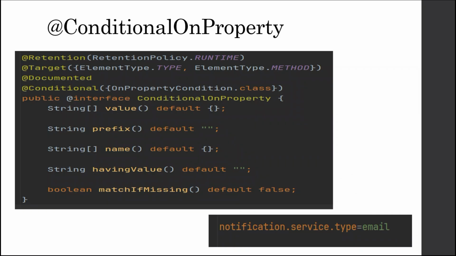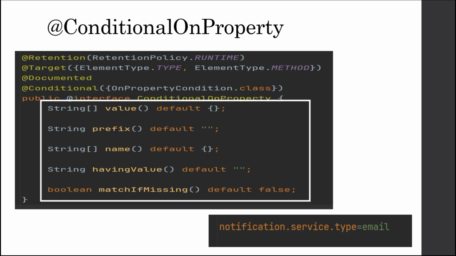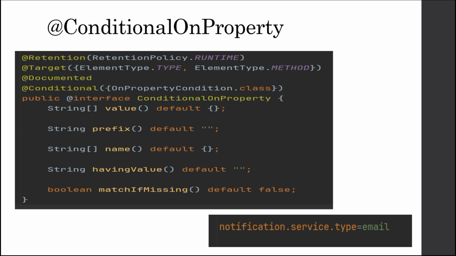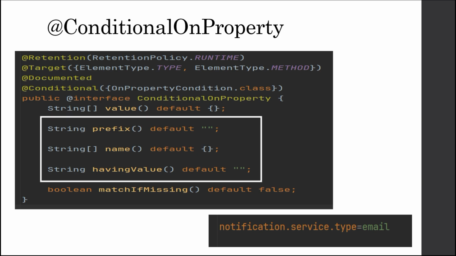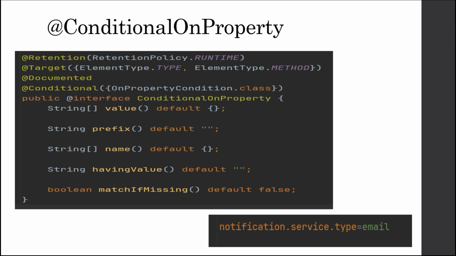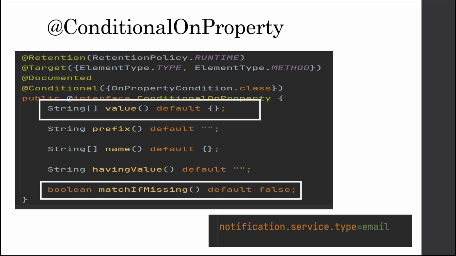Let's learn more about the @ConditionalOnProperty annotation. This annotation can be used on classes as well as methods. This annotation has 5 attributes, which are value, prefix, name, havingValue, and matchIfMissing. Out of these 5 attributes, we have used 3 attributes, which are prefix, name, and havingValue. And now we are going to learn the value and matchIfMissing attributes